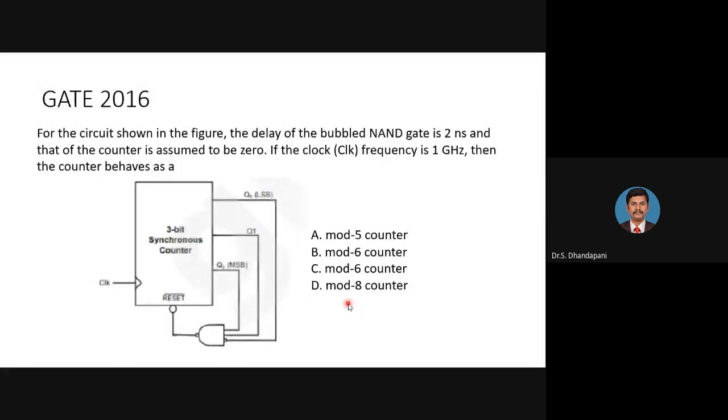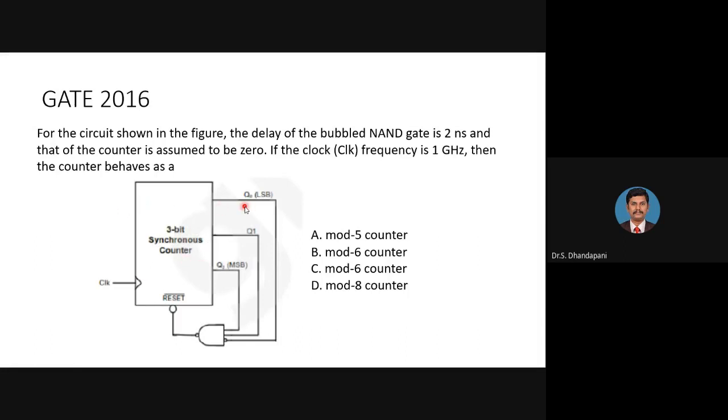Next interesting question from GATE 2016. A circuit is shown. The delay of the bubbled NAND gate is 2 nanoseconds. That of the counter is assumed to be 0. If the clock frequency is 1 gigahertz, then the counter behaves as, it is a 3-bit synchronous counter.